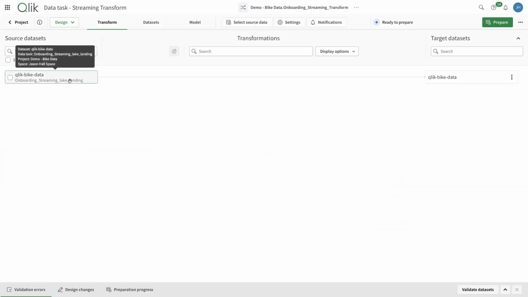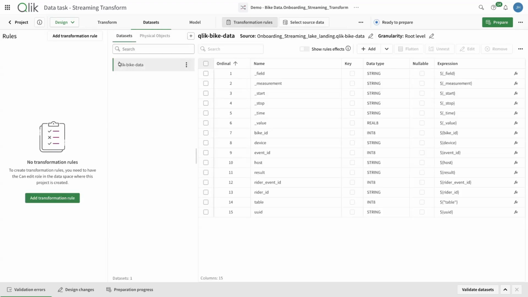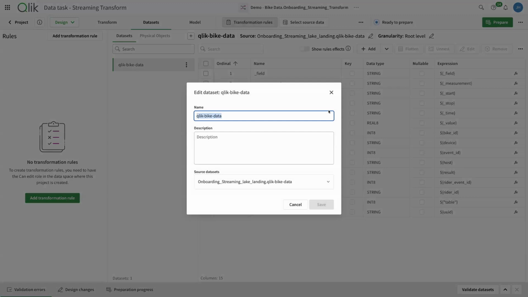Okay. We've got one stream, and we're just going to send that stream to one table. Right? But you can map this out in a variety of ways. Maybe you've got multiple streams into one table or one stream into multiple tables. And that's all possible here with this data mapping. But in this use case, pretty simple, one stream into one table. If we open up this target table over on the right, maybe we don't like the name of the table that's getting created. By default, it's just inherited from the stream name, but I'm just going to call this demo bike data. Looks like there's a lot of stuff you can do here.